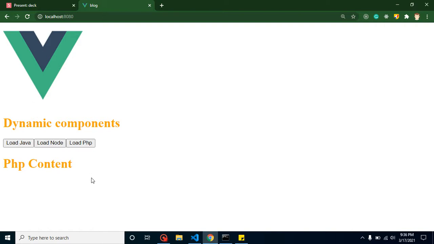But this can work when your application is very small. When you have lots of tabs, like 20 or 30 tabs, the if-else condition is not going to work, right? So what is the proper way to do it? I will show you in this example. So I'm just going to erase this content. I will make it again.